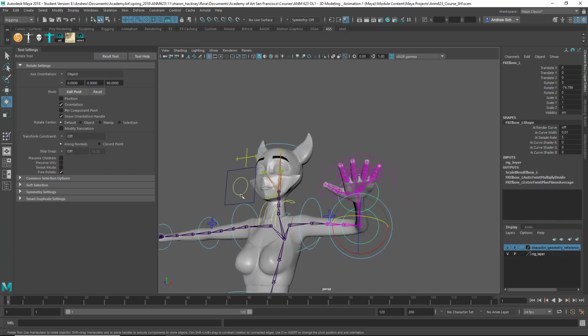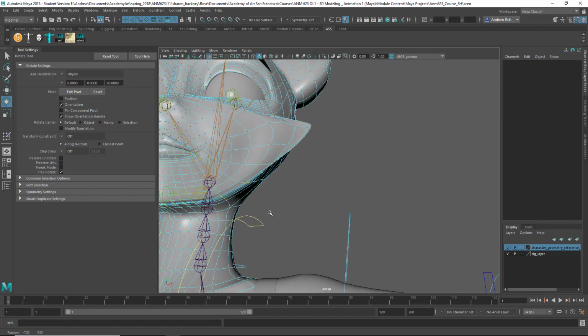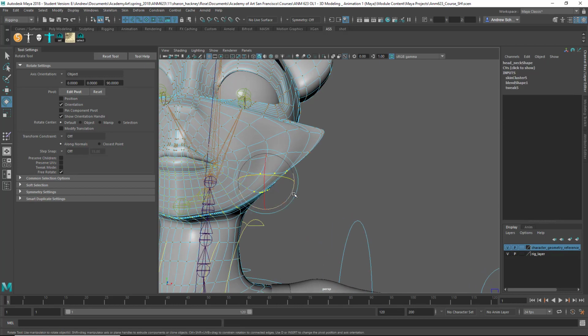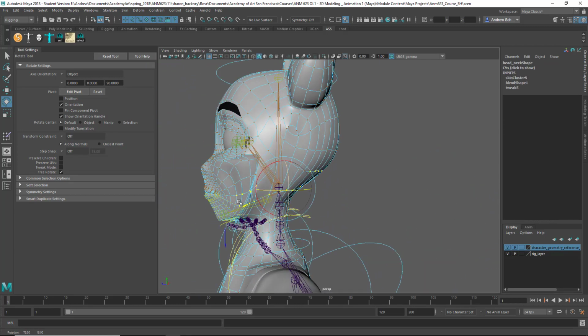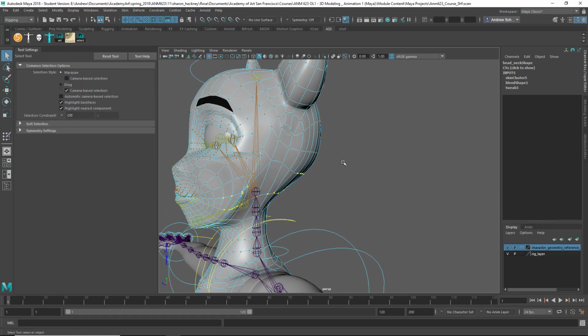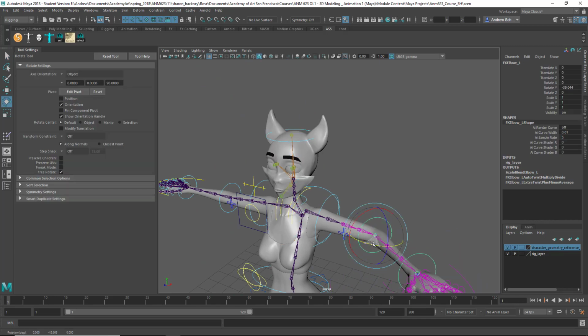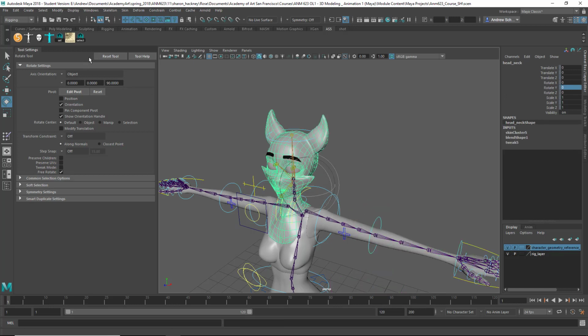But the other thing I might do is take some of these vertices and hammer skin weights, hammer skin weights. That looks like it did some good. Okay. Alright, so now it's not bending that. So let's zero that out. Let's make sure this is